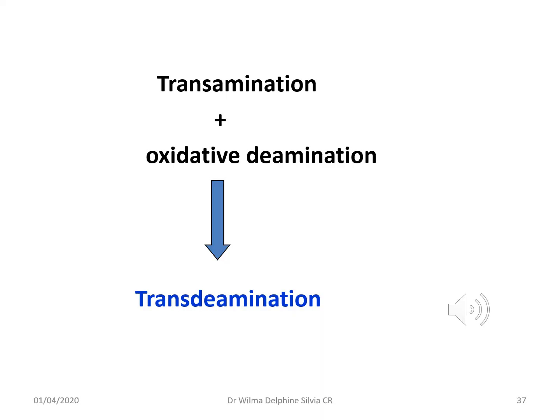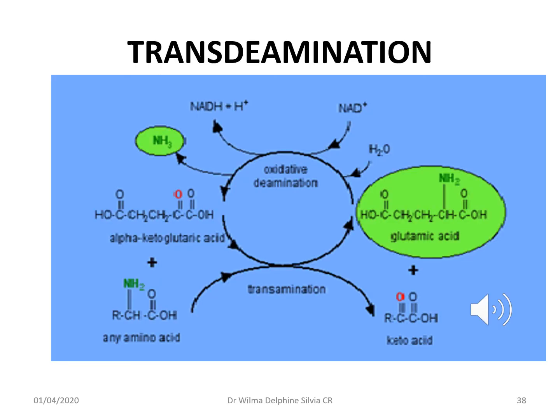A functional coupling of two reactions, the transamination and oxidative deamination, is known as transdeamination. This is the major mechanism of removal of ammonia from the amino acids for detoxification and excretion as urea. The best example for the functional coupling of these two reactions, that is transamination and oxidative deamination, is conversion of